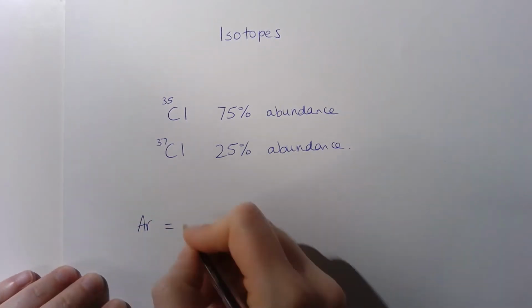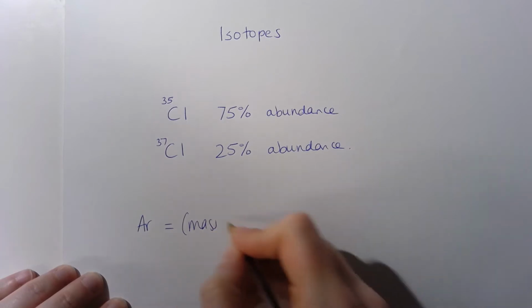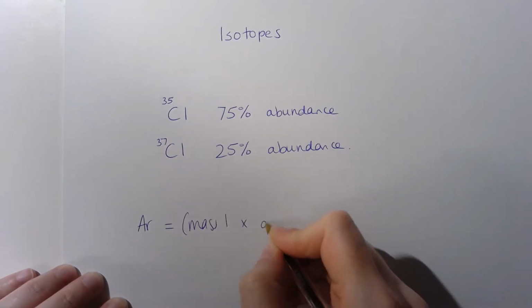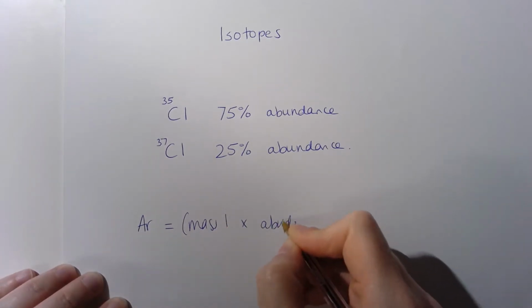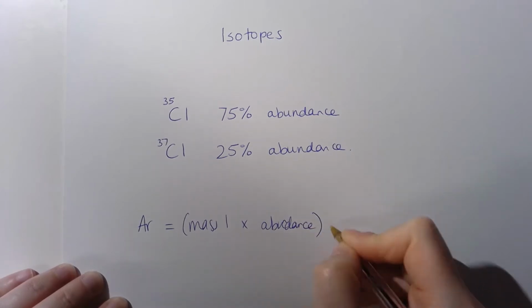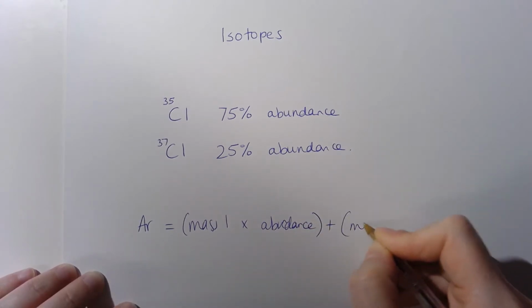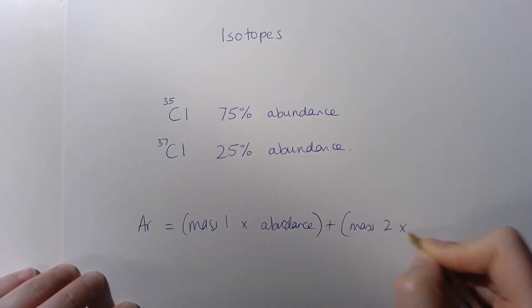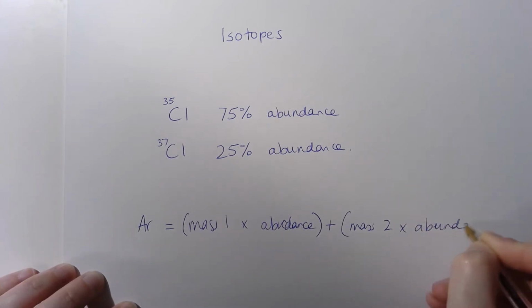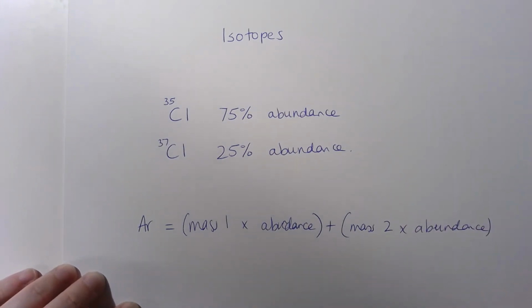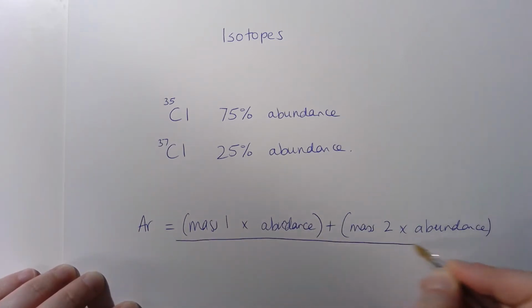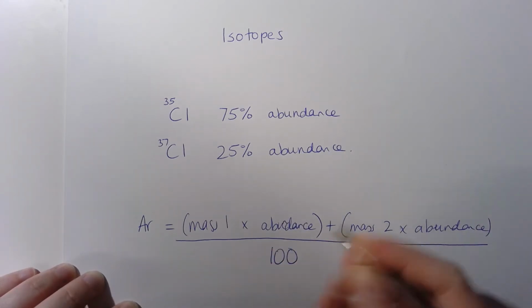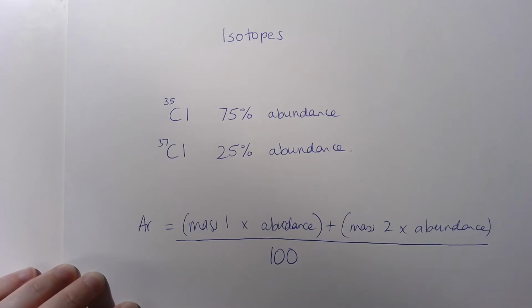We need the mass of our first isotope, so mass of the first one, times its abundance. Added to the mass of the second isotope times its abundance. Now if you had 3 isotopes or 4 isotopes, you would continue on doing this for every single mass and abundance. Now because we want this, we're going to divide this by 100, because obviously our abundances are as a